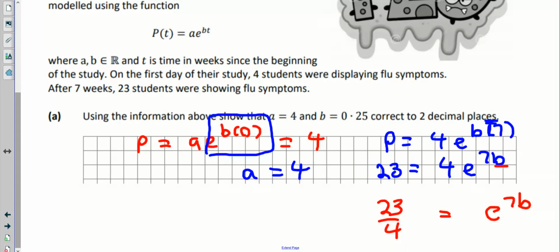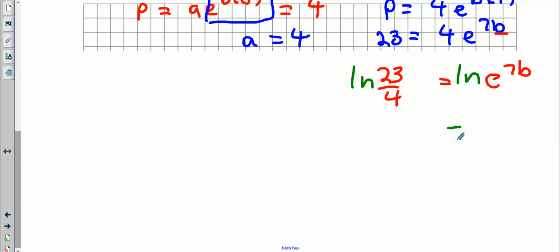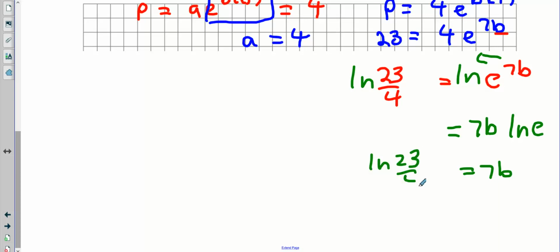Now what do we do? We ln both sides, or any log of your choosing. What happens to the 7B? 7B goes to the front. And what's ln of e? 1. So it's 7B, isn't it? And then what happens here? What's B on its own? ln of 23 over 4, divided by 7. And what do we get there? B is